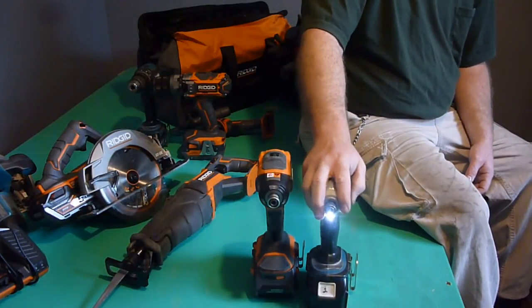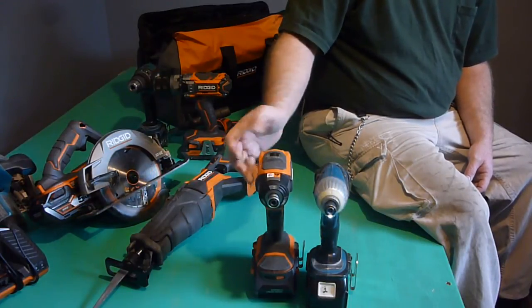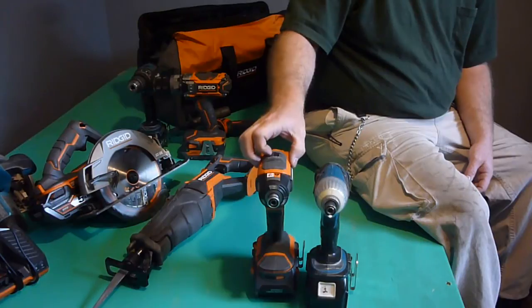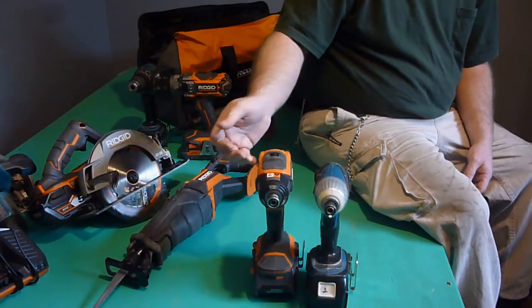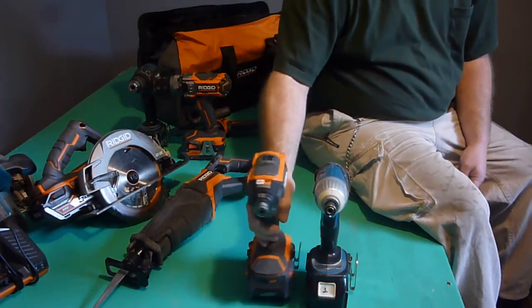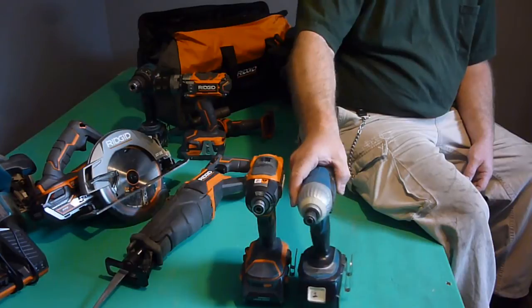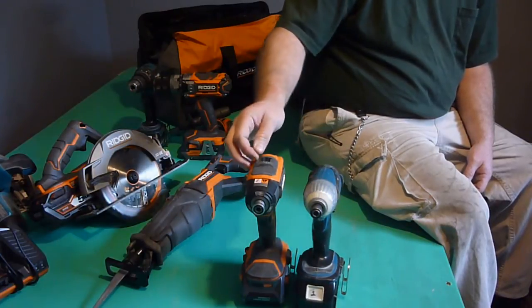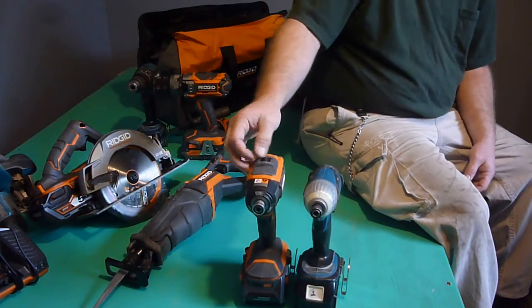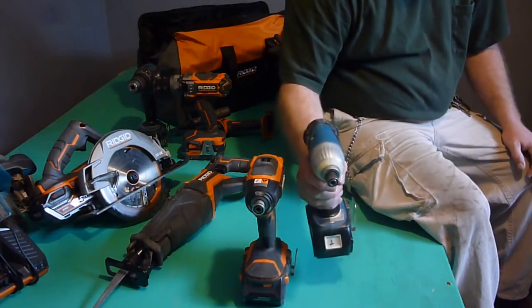You do find you break screws and things like that, so I think I'll get used to using 2 quite often. Start it out in 3, get it down there, and flip it over to 2 to finish things off maybe. I haven't really figured that all out, but I would say 3 is the one I'm more used to because it's pretty close to what the Makita is right there. But I do know there's times where I wish I could make this slow down, even though I can